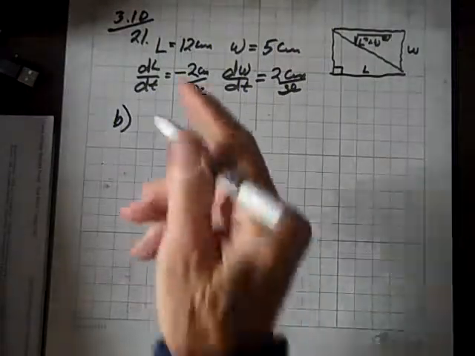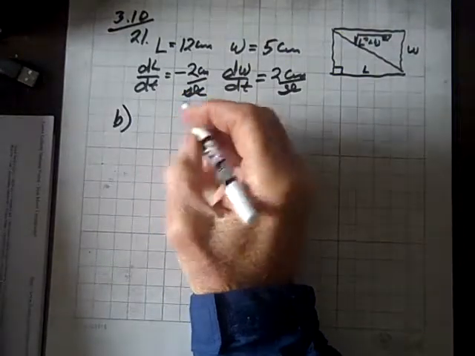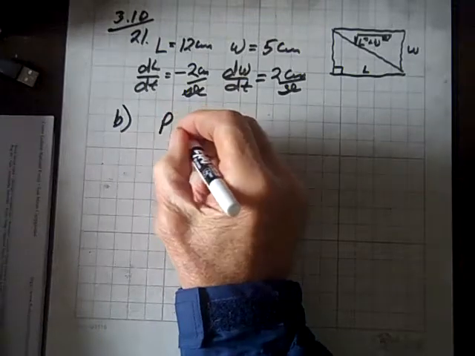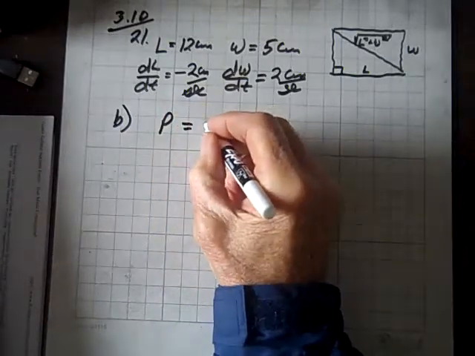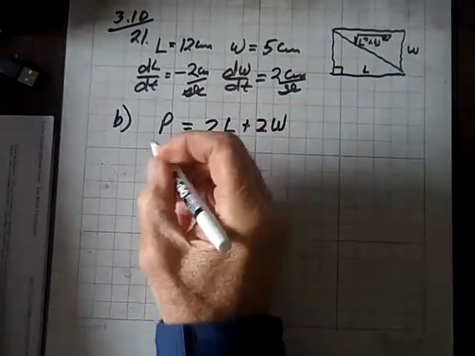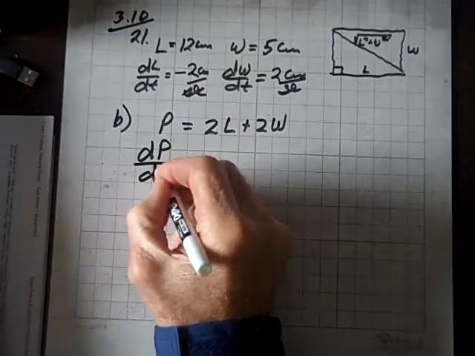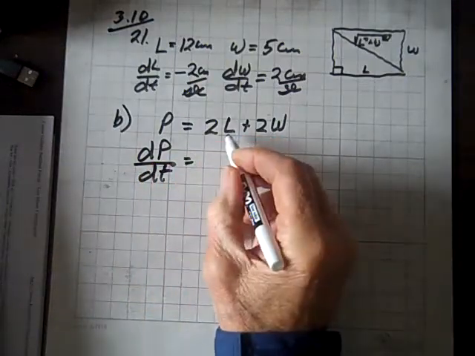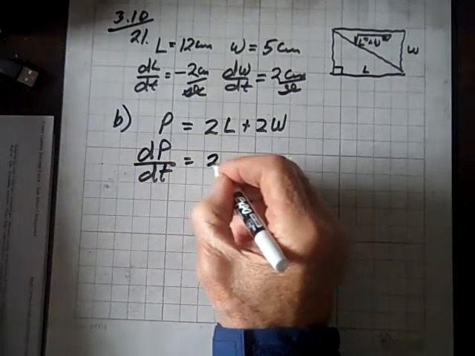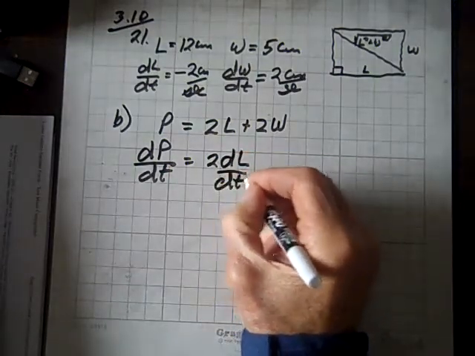Now we're doing part B of this question, and that says to find the rate of change of the perimeter. Well, perimeter is equal to twice the length plus twice the width. So dP/dt